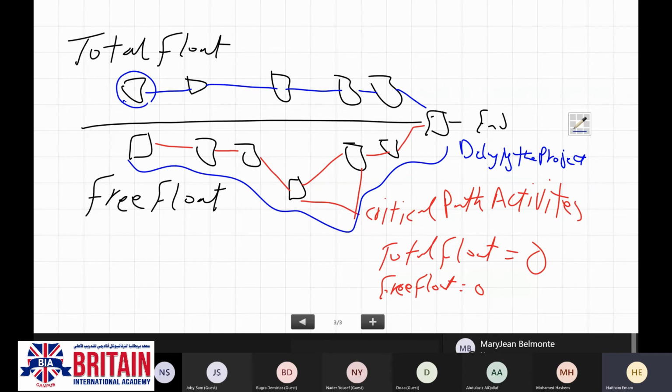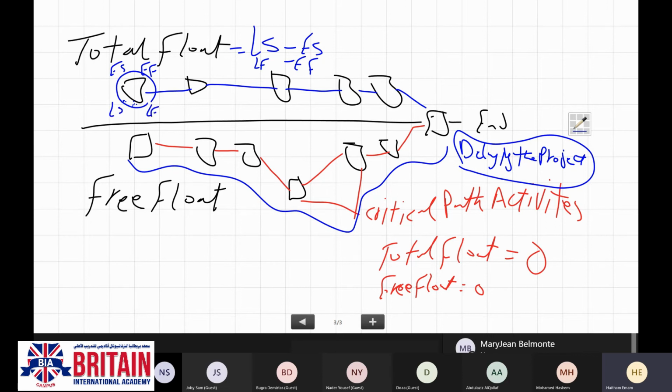That is called total float. The total float will be equivalent to late start minus early start or late finish minus early finish. That is the early start, the early finish, the late start, the late finish.